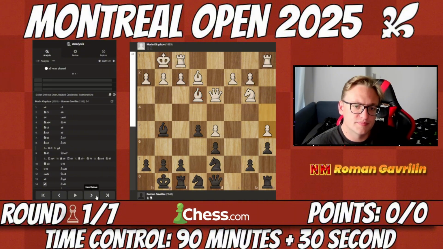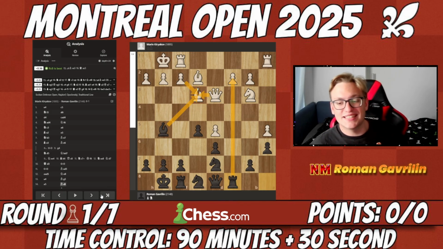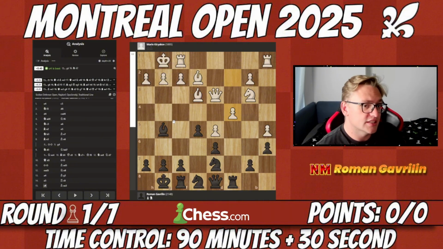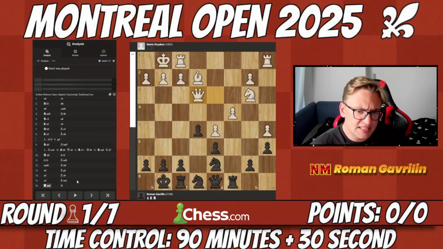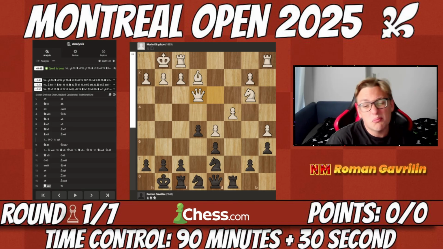Trading this off. a5, rook c8. Now the idea is to take on f3, and if queen f3, rook c2. So to kind of provoke this, f takes e3, capture, but c4. Of course, now I take, and after queen f3, as you might see, white have kind of more space, and